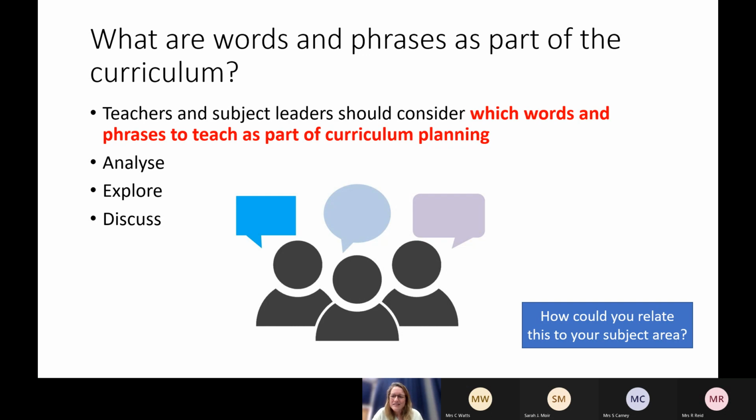So I'm just going to pause again to see if there's anything that anyone wants to share or any questions about the different things that I've shared on the screen. Okay. I can't see that there's hands raised or anything, so I'll move on,